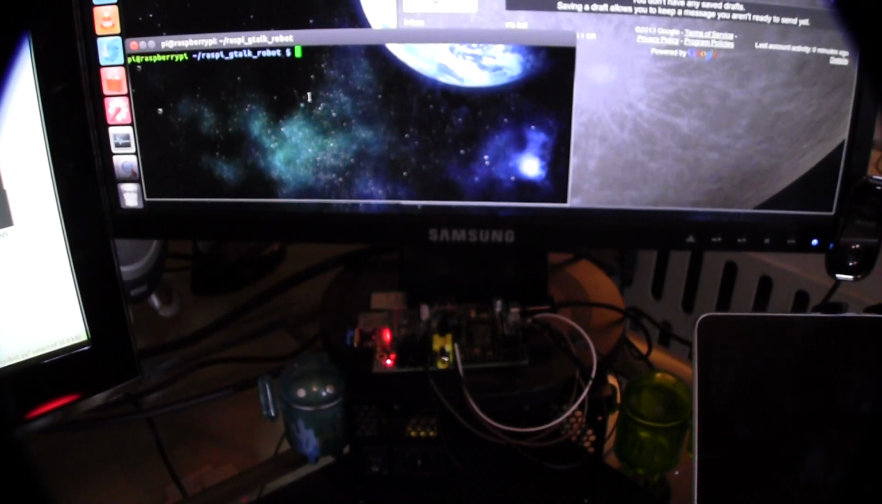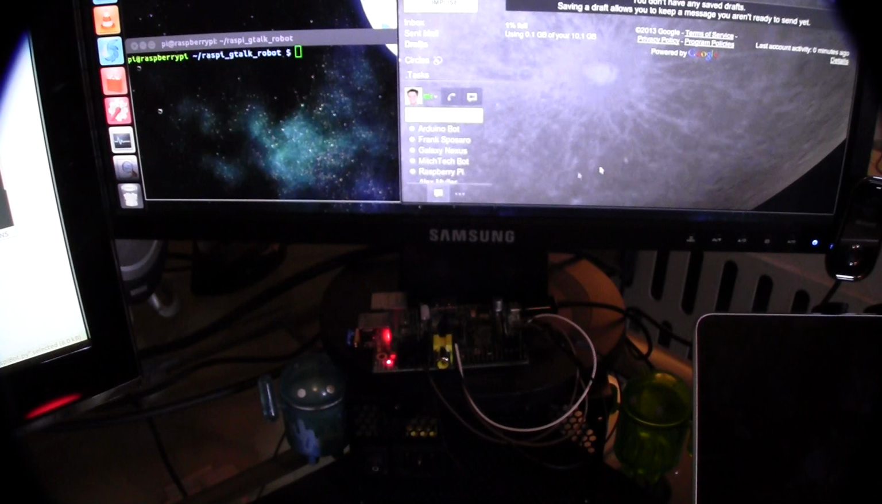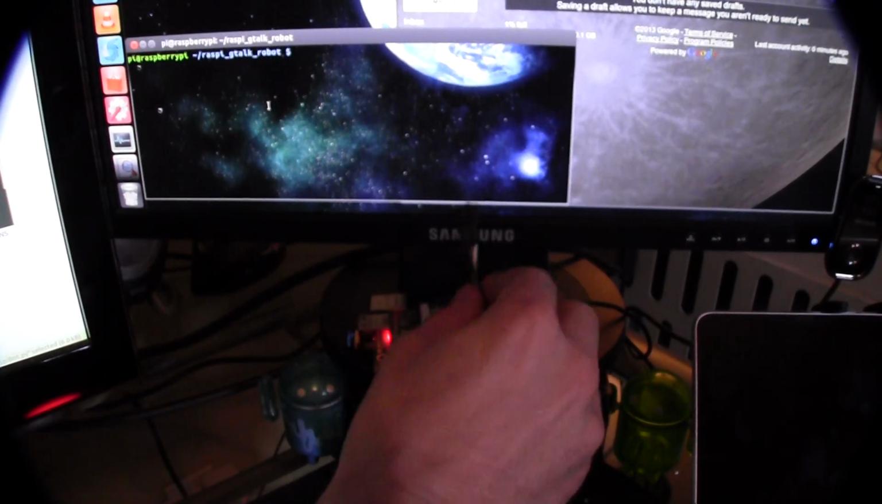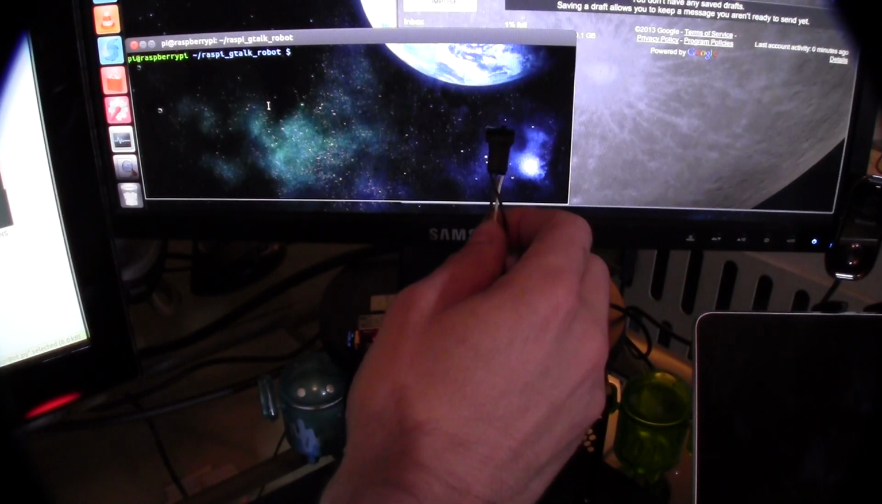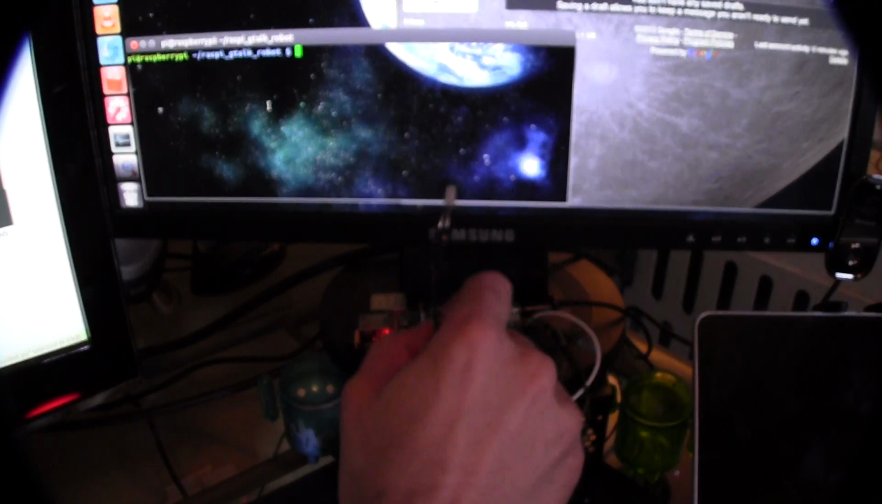This is a demonstration of the Raspberry Pi Google Talk robot. Here in the terminal shell to the left, I'm SSH'd into the Raspberry Pi below. And on the right here, I'm logged into my Google account with my Gtalk contact list showing here. The Raspberry Pi itself has a slide switch connected physically to GPIO pin 8 and an LED connected to GPIO